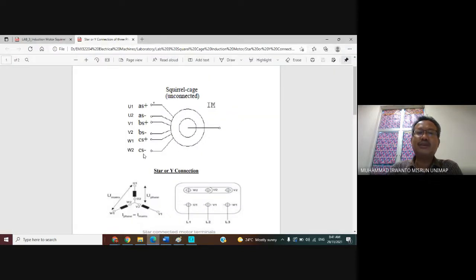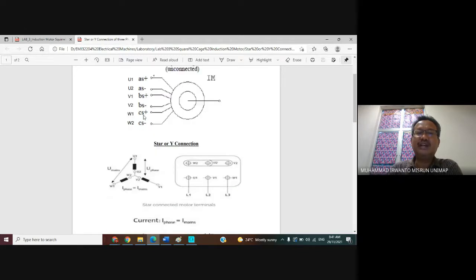Or we can give the symbols U1, U2 and so on, that is positive and negative, corresponding to A, B, C. Or we can use the symbols UVW: U1 for AS plus, U2 for AS minus, V1 for BS plus, V2 for BS minus, W1 for CS plus, W2 for CS minus.